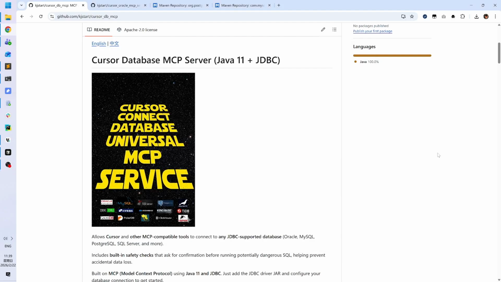Hey everyone, have you connected Cursor with any database? Cursor's auto programming is very powerful. Actually, if you connect it to a database, it can also help you manage the database. Today, I will show the MCP tools I created that allow you to connect Cursor to any database with a JDBC